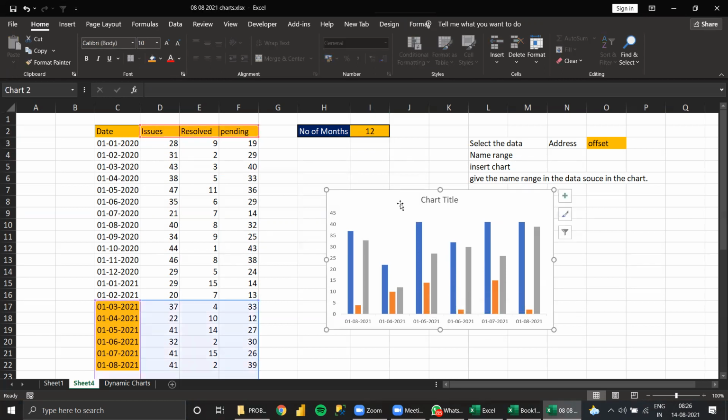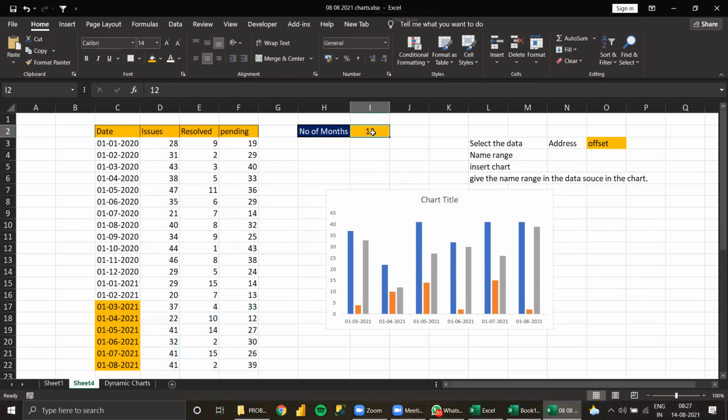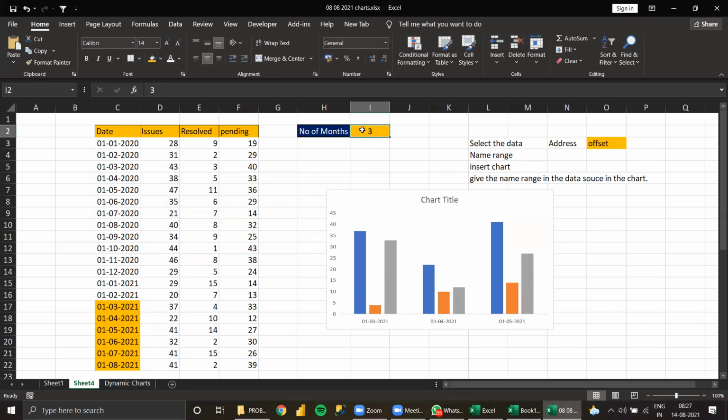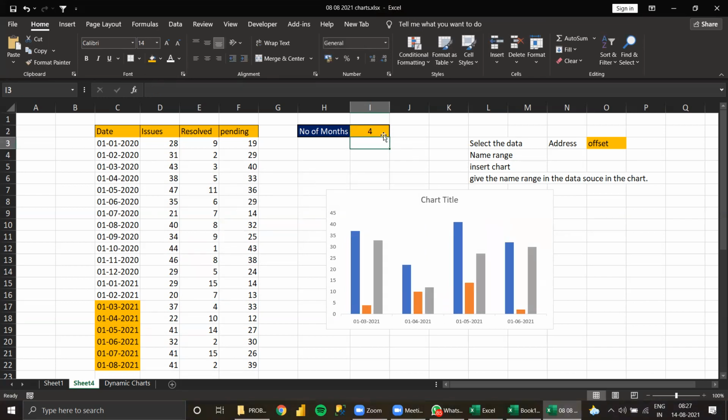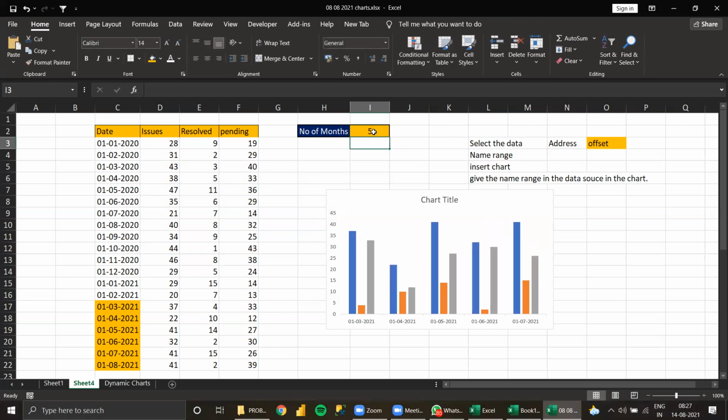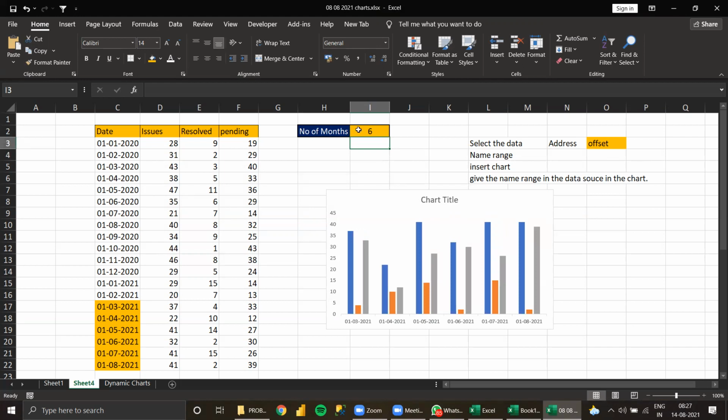Anybody can tell me why this is? You selected only 6 months, no, sir, in the graph? No, 12 months is there. Based on this, see, 3 months is working, 4 months is working, 5 months is working, 6 months is working, but from the 7th month it is not working. The selection of the data is not there, sir. It's only there till 1 August 2021. What is the reason?